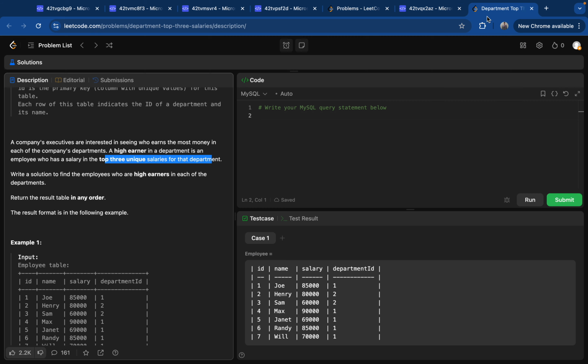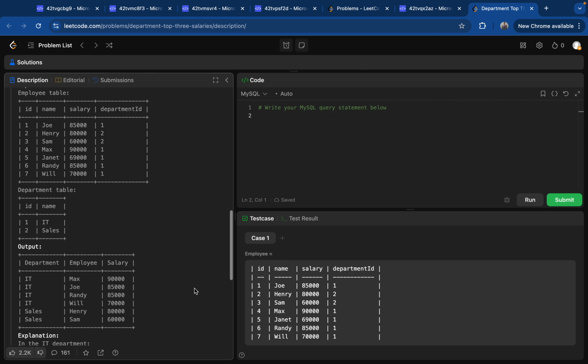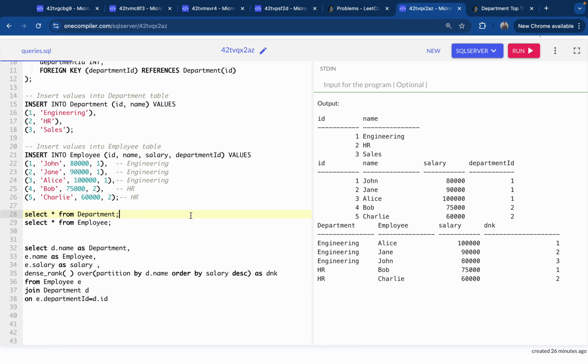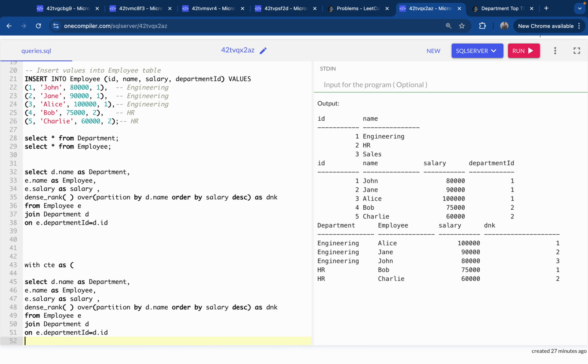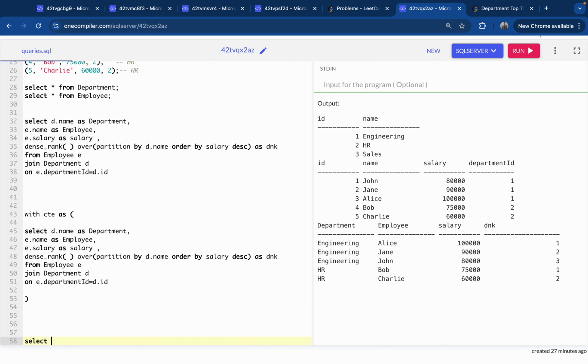We just want the department, employee, and salary. So what we can do here is, and also here we have just used sample values, but in the actual table there might be more than 100 records, or maybe more than 500 records, but we want to limit it to the top 3 salaries. So what I'll do is, I'll copy this, I'll put it in the CTE, and then I know that I just want department,